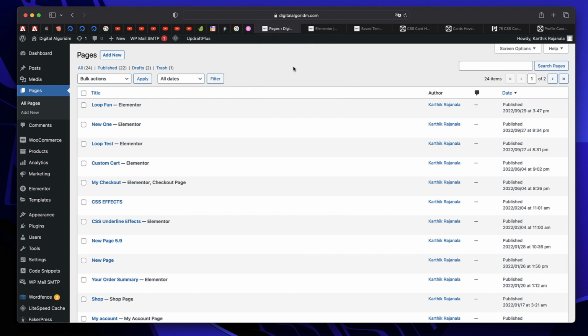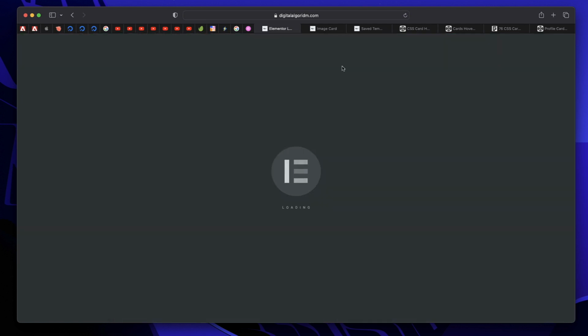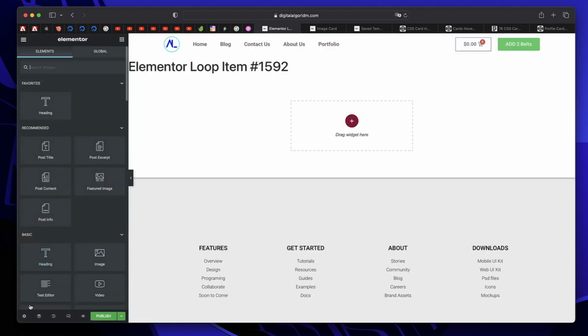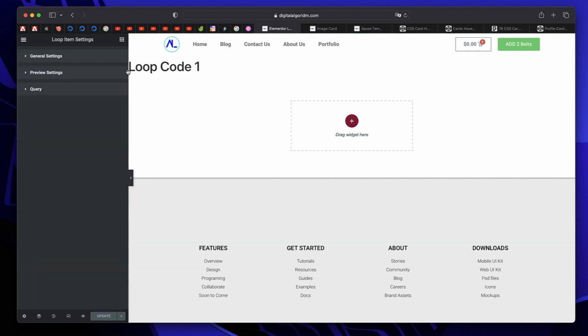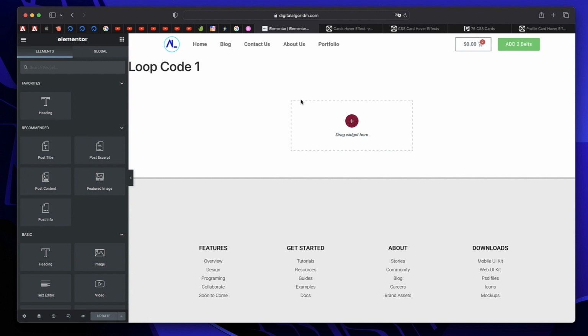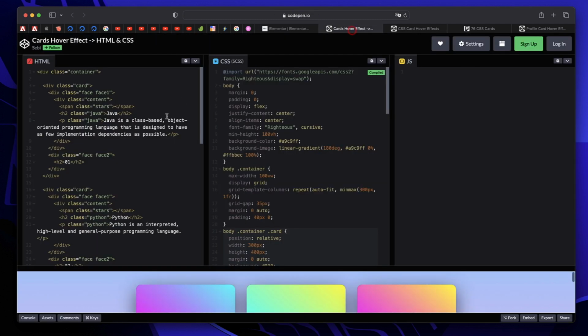Now back in my Elementor dashboard, I'll go to the theme builder interface. I'll click on loop item, click on add new, and click on the settings cog. Call this loop code 1. Alright, I'll simply publish this. I'll also leave the entire CSS code so you can simply copy and paste it in the appropriate place in this particular loop. Anyway, in order to understand how this loop is built, you need to understand the HTML